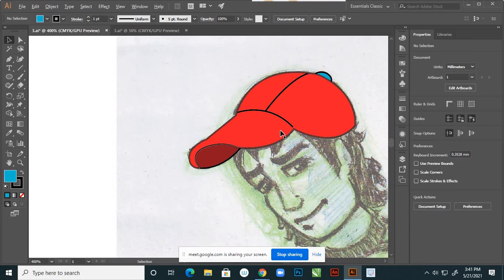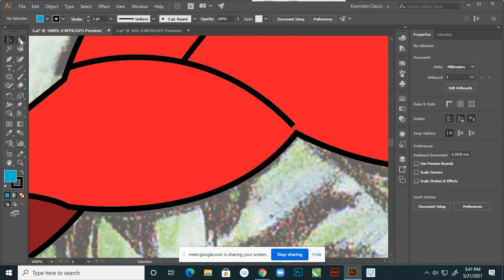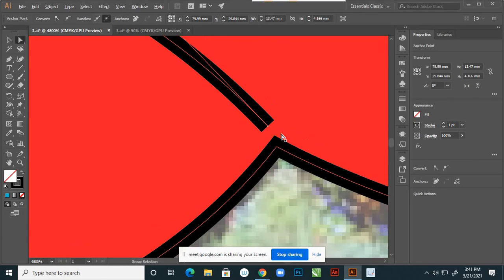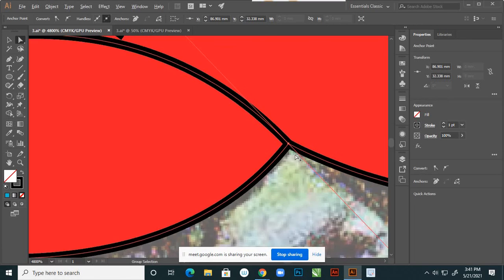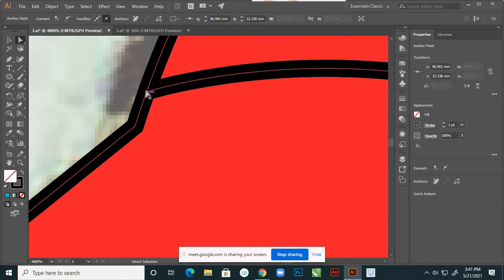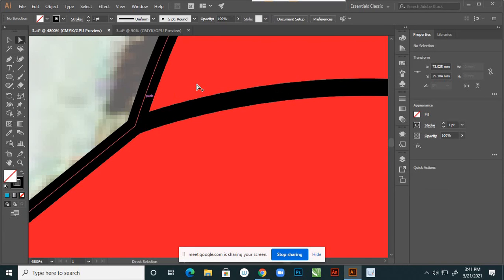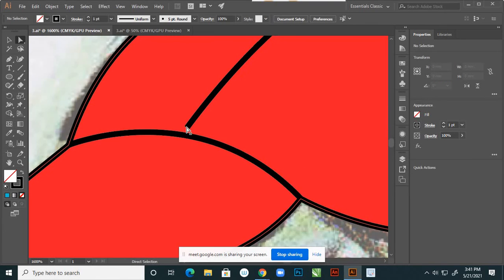Now see the line is there, so it is not attached. Select this anchor point and drag to here, right, perfect. Excellent, right.